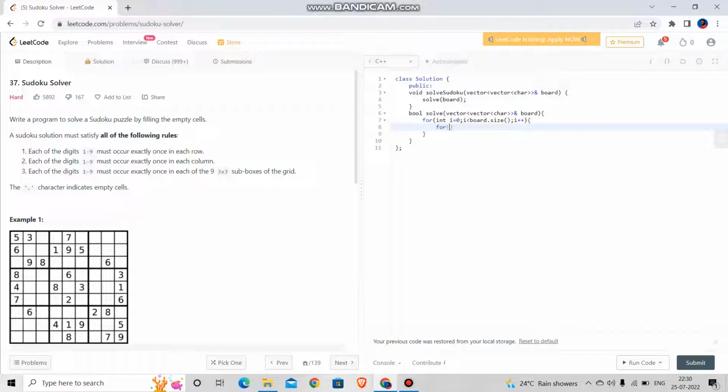Now again a for loop from 0 to size, and j plus plus. Now we will check the condition if the board of i and j is an empty space,